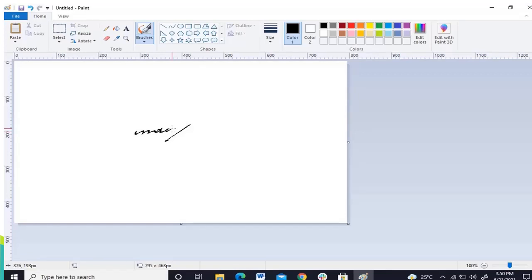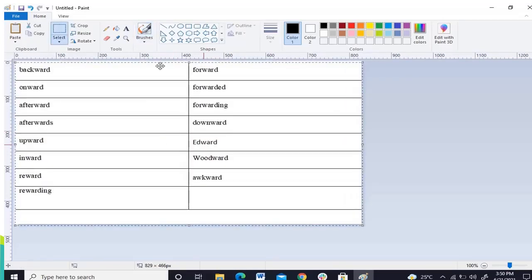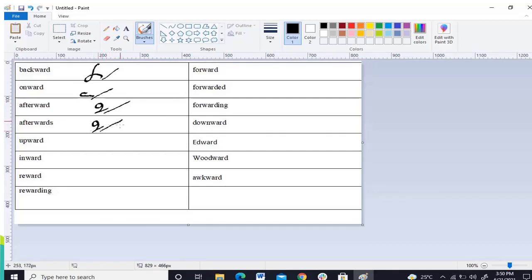Okay? So, let's try yung mga words natin with word sound. First, we have backward. So, B, A, K, and then our word. Next, onward, we have O, N, and word. Afterward. So, after is brief form, which is represented by the A, F, and T, and now we have word. Next, afterwards, afterwards. Upward. So, we have A, P, and word. Next, inward, in-ward. Reward, so we have re-ward.